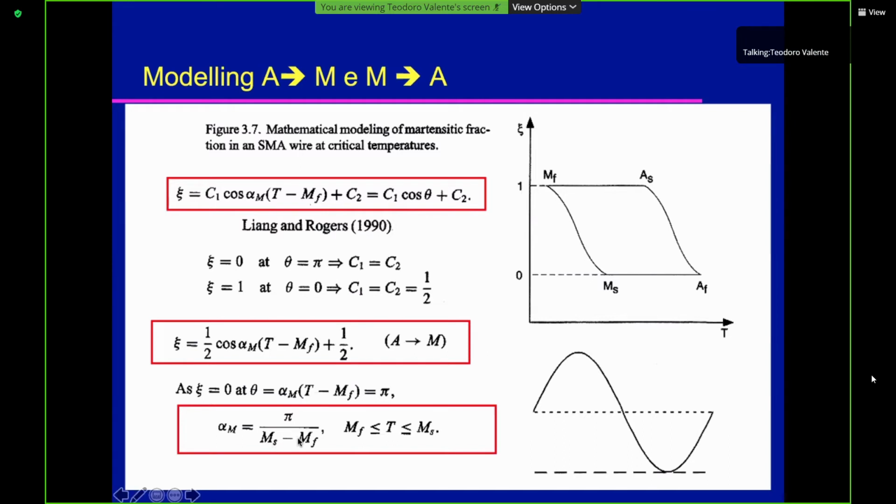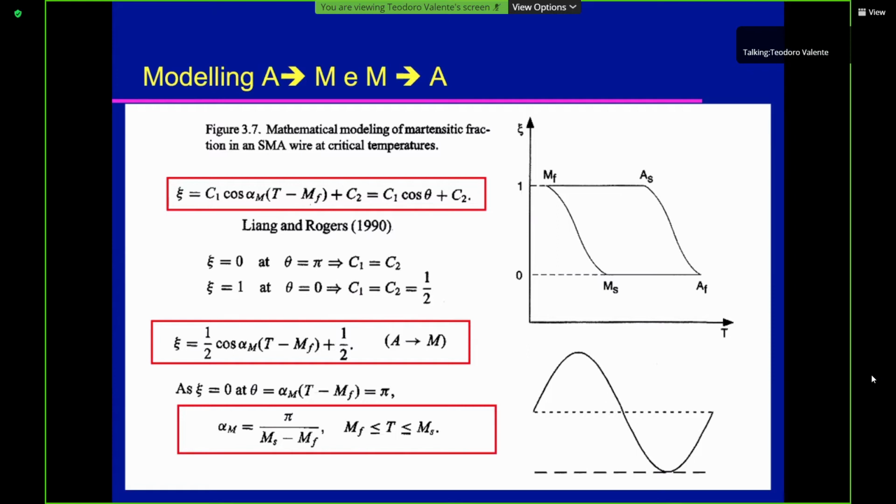the characteristic temperatures, in this case, of the austenite to martensite transformation, MS and MF. Thus, the extreme values of the critical temperature, MS, MF, as well as, as we will see in a moment, AS and AF, are also important in order to make a simple, effective, and working model of austenite to martensite